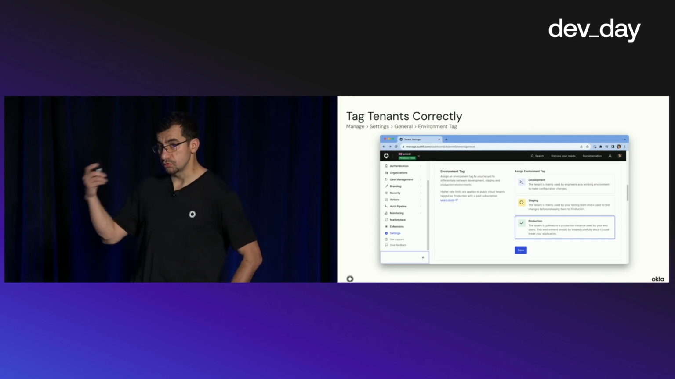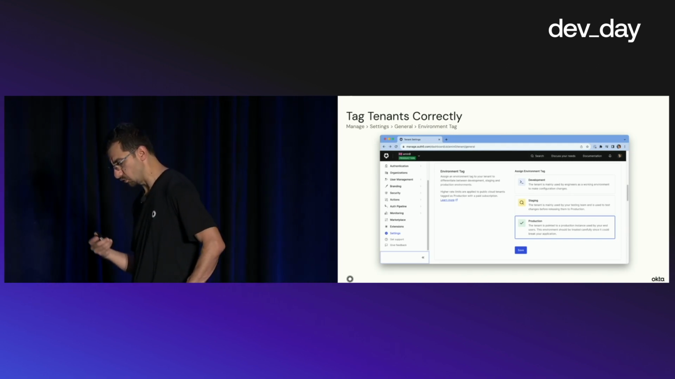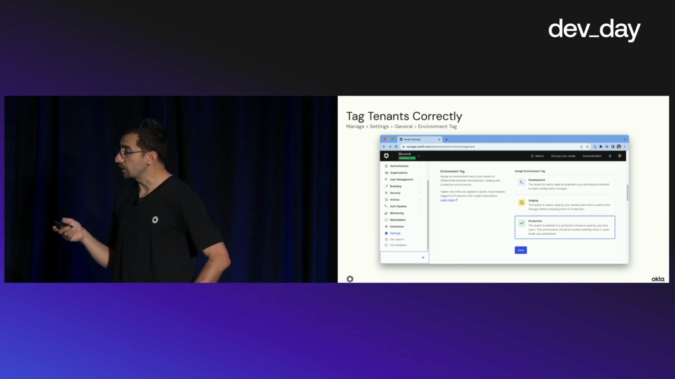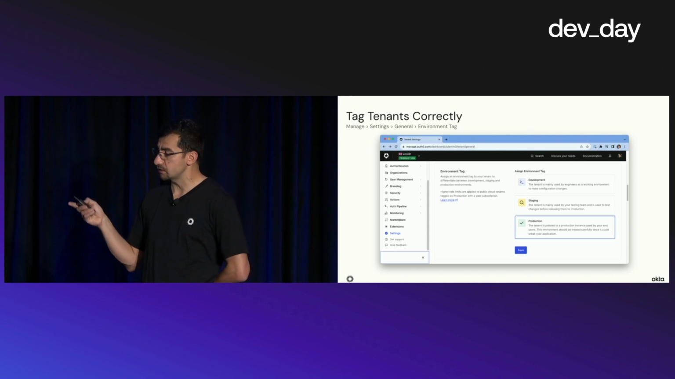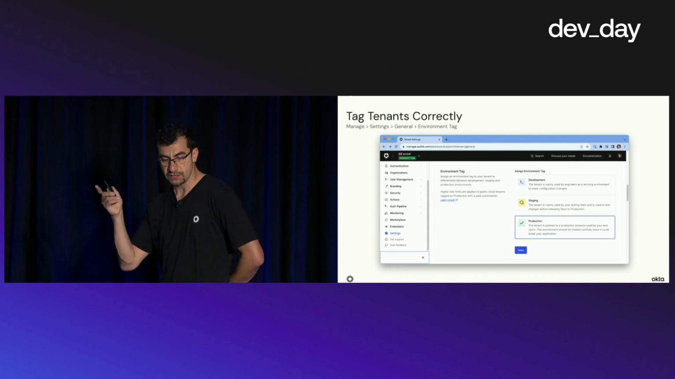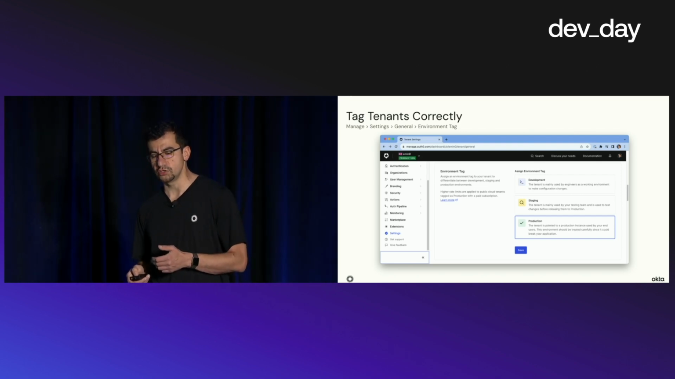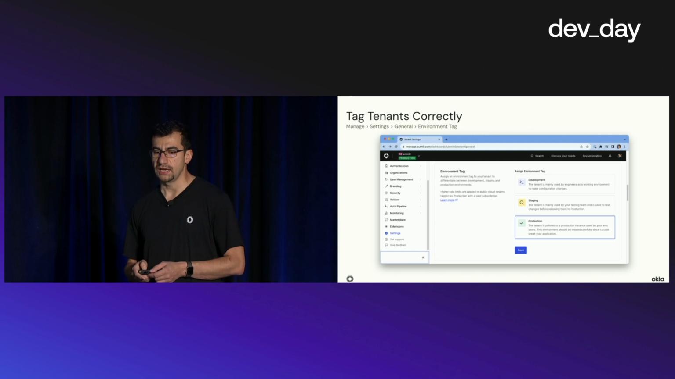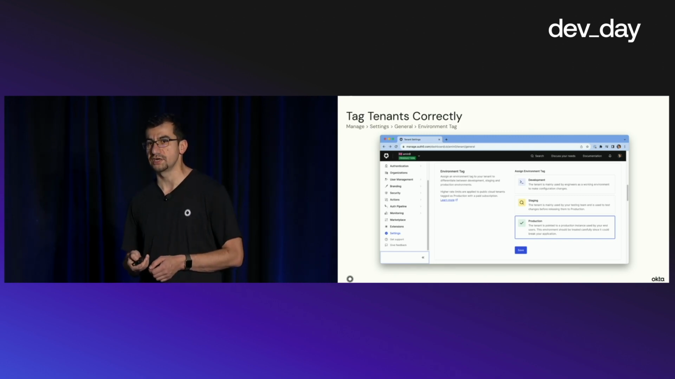Have a cadence of doing this to make sure all your tenant members and tenants are what you expect, and tag them correctly. Again, I come across customers who aren't aware of this, and they haven't tagged the tenants correctly. We give you 3 levels of tagging: dev, staging, and production. This should mirror the setup you have in your SDLC lifecycle. And these taggings, or environment tags, are there to